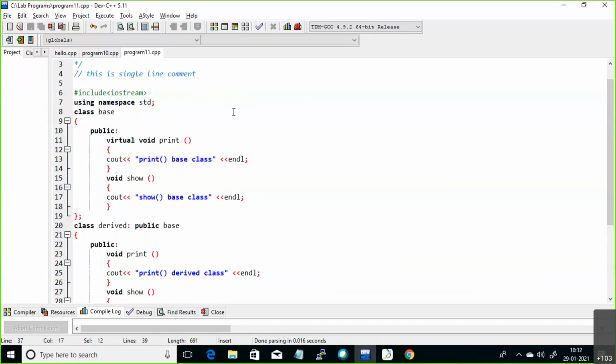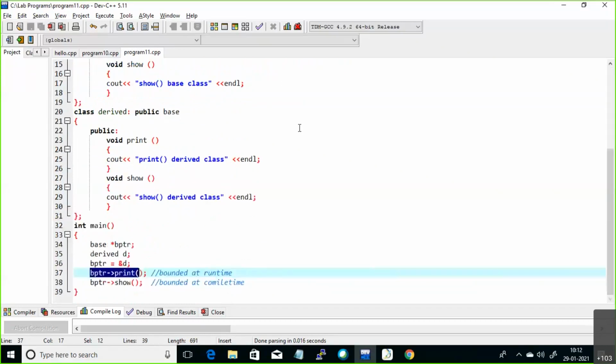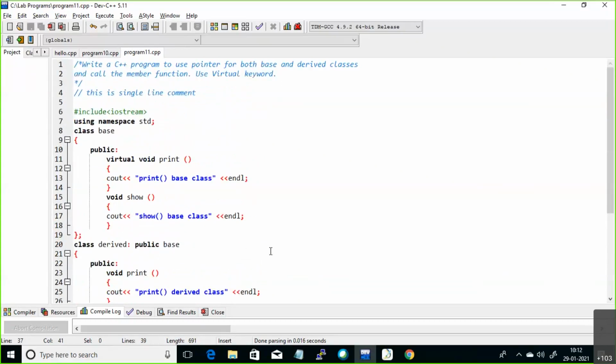For that also you can write the same example. For this particular program also you can write the same thing, just this program you can write for this 11th program. Simple, already we have seen in the virtual functions, and in the runtime polymorphism case also we have seen the same example.